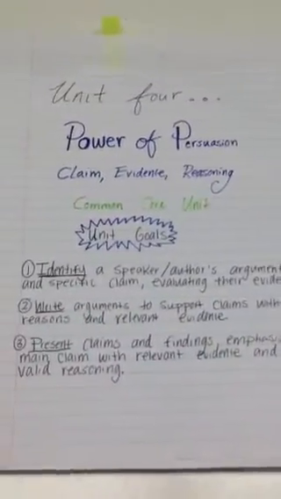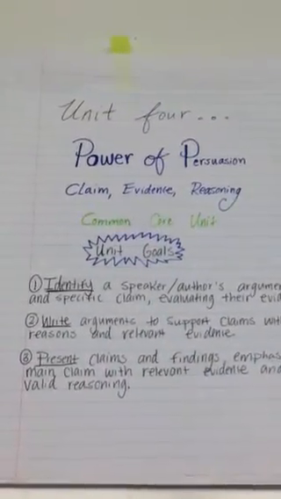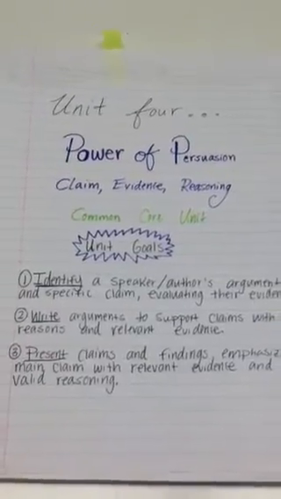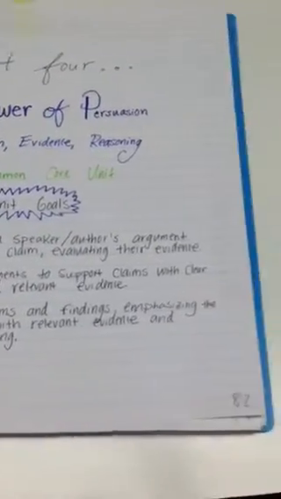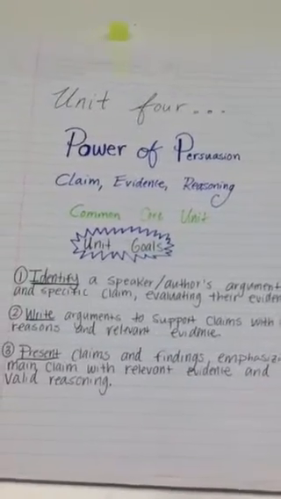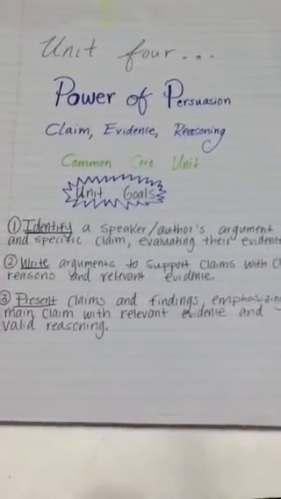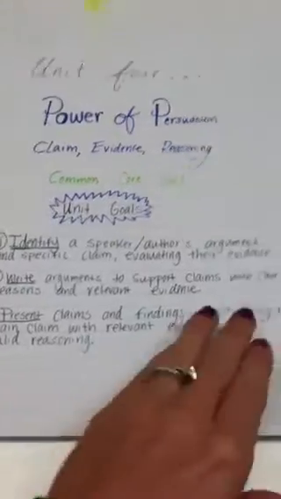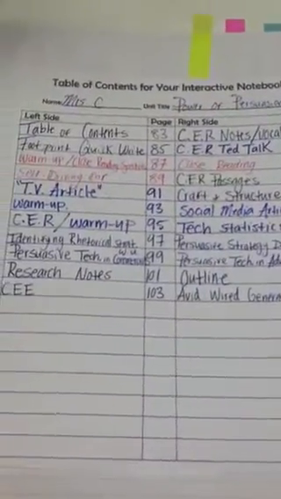This is a video to prepare you for our Power of Persuasion ISN test for English 8. On page 82, you should have a cover page titled Unit 4, Power of Persuasion, Claim, Evidence, and Reasoning, and our 3 common goals for the unit. On page 83 should be your table of contents,